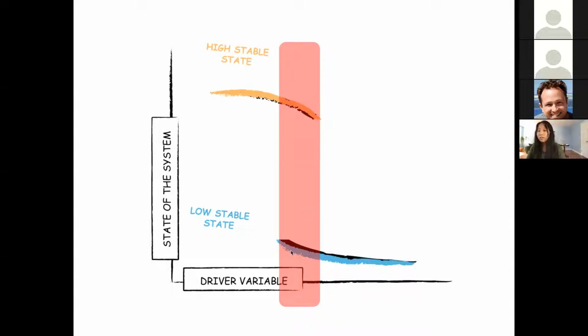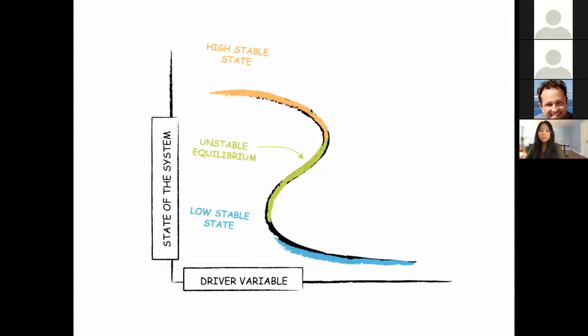But for the alternative states to be stable, the dynamics of the system should be pushing towards some equilibrium or set of equilibria that constitute that high or low value for the state of the system. So it implies that there is an unstable equilibrium from which the system moves away from and towards the two alternative stable states.